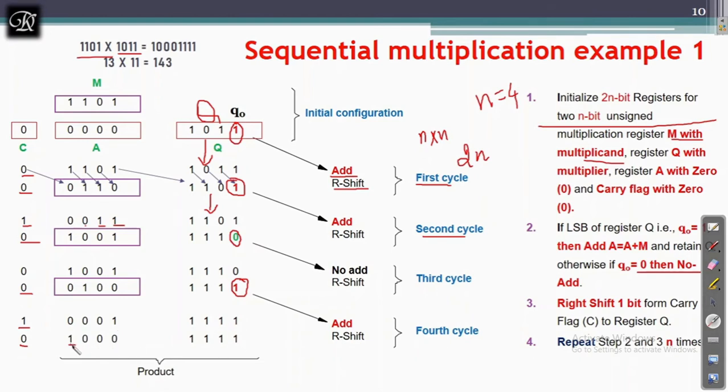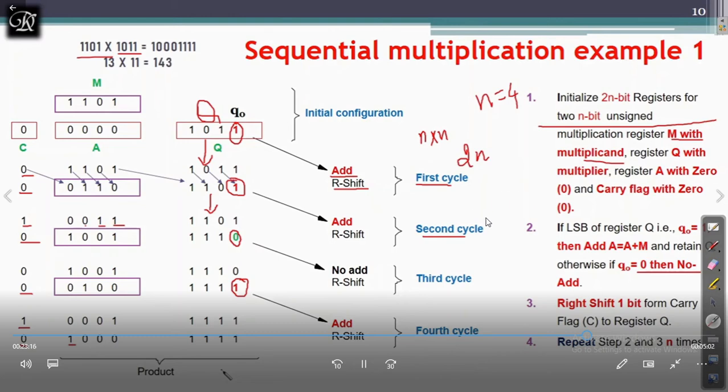Did I get the correct answer? Yes, of course it is the correct answer. The same answer I got when I did it in the normal school-day technique. If you want, you can verify also. Let's convert this to decimal and check. 1 plus 2 plus 4 plus 8 plus 128. You are going to get the correct answer. This is how you are going to perform the sequential multiplication.